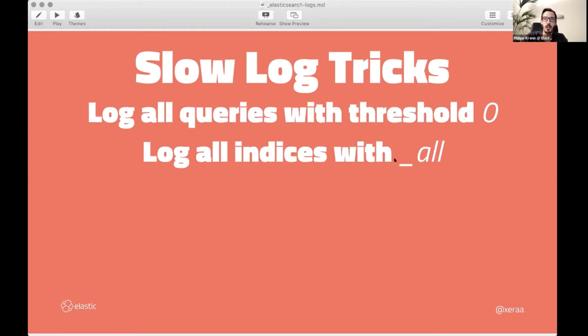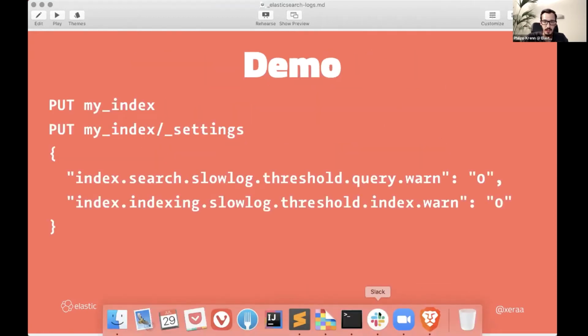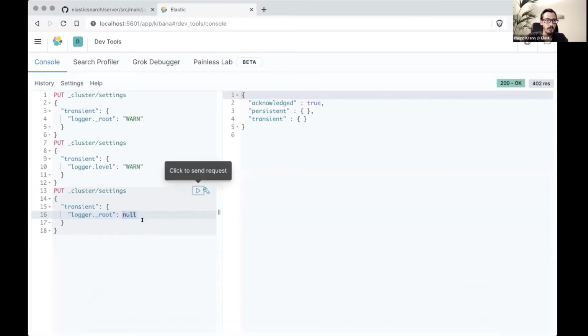Just be aware, especially if you use _all, this will potentially be a lot of operations. So for example, if you have security enabled on your cluster, this will add some logs every time you access something on the .security index, or every time you visualize something in Kibana. Since all the visualizations are stored in the .kibana index, those would also show up. So this one here will give you a lot of output. Just be careful with it. It's still interesting to see all the queries that are being run, but it's potentially a lot of data coming in. So let's start this one here,